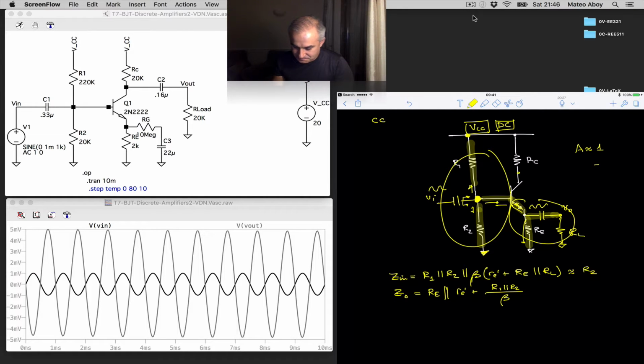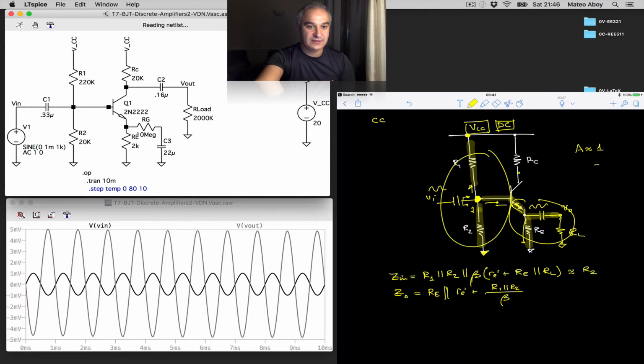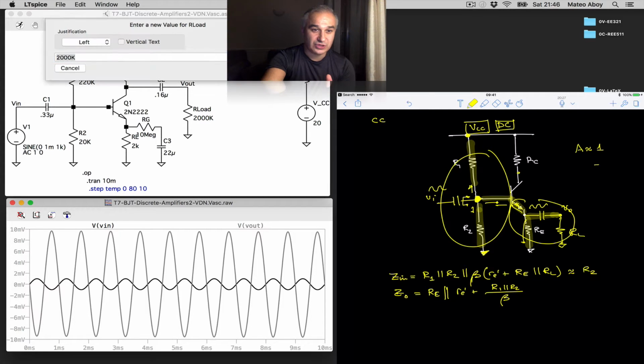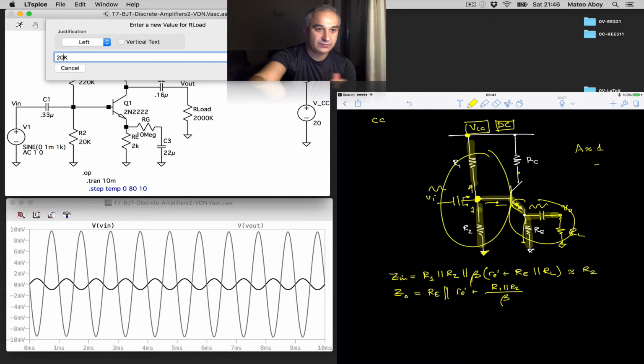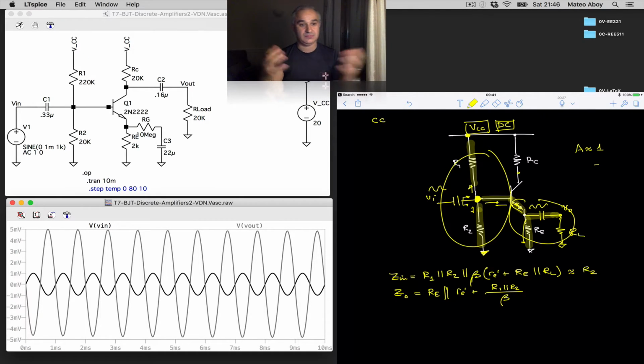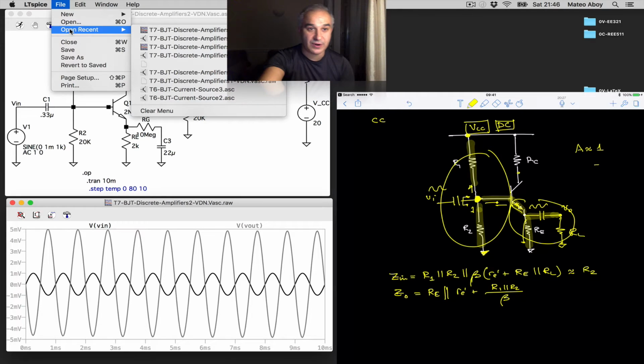So with this, let's go ahead and design a circuit. Remember, what we have done here is that for a large load, like at least 100 times larger than RC, we have a gain of 10, but if we reduce the load and we make it comparable, in this case equal, we lose half of our gain due to loading, 5 millivolts for a 1 millivolt signal. So what can we do? We can add this emitter follower.